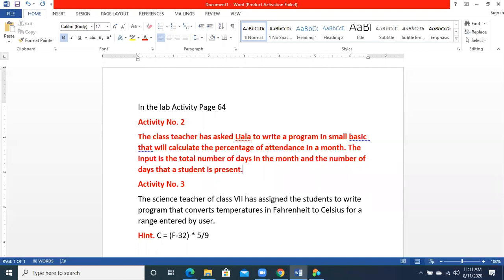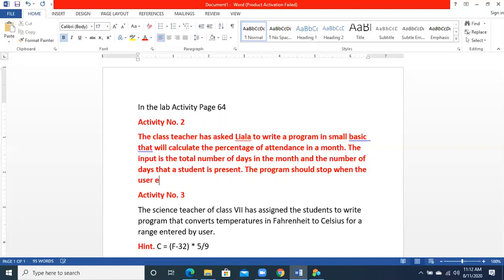Okay, and what we have to do, the program should stop when the user enters -1. This is an important thing: the program should stop when the user enters -1. Acha ji. It means that this is basically a program that we can do